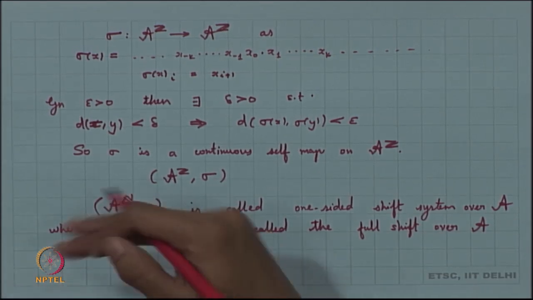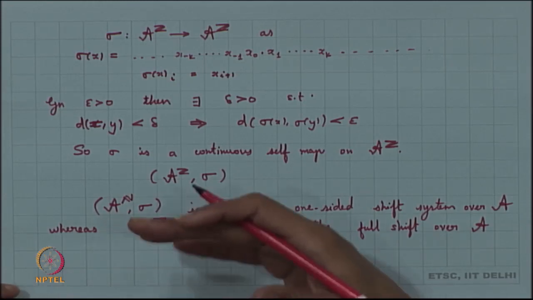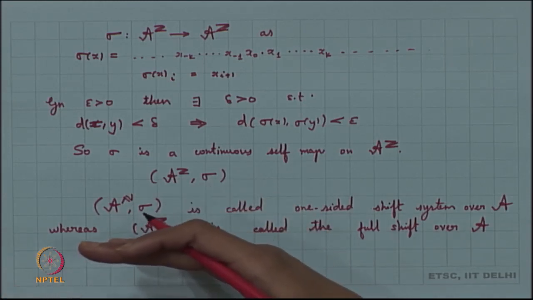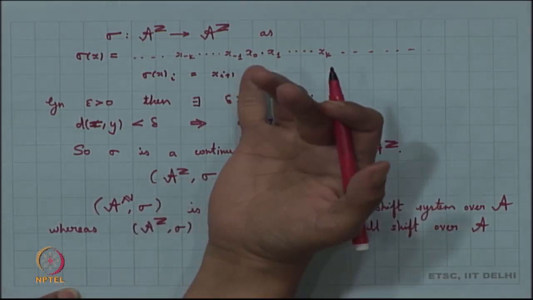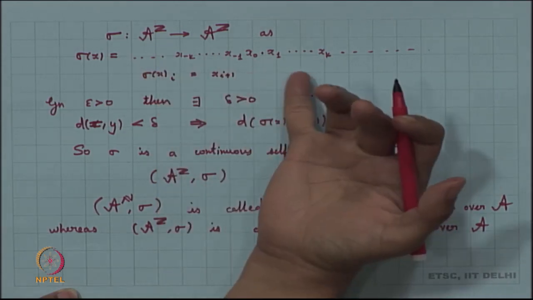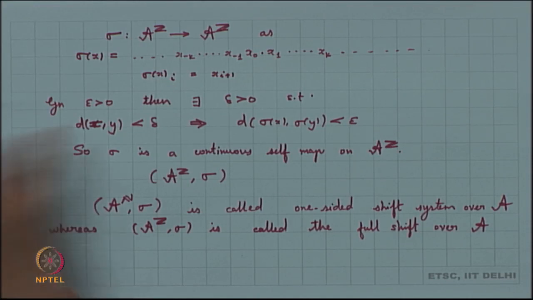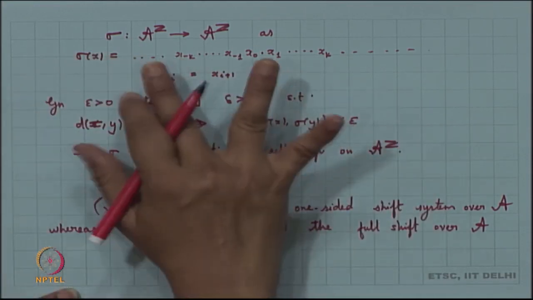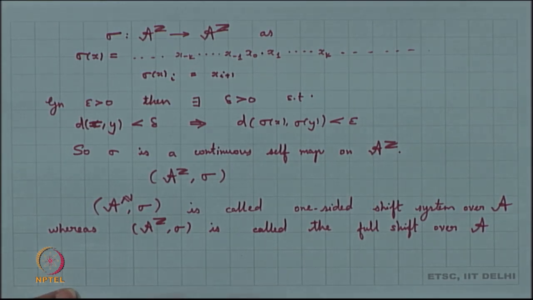The only difference that comes up between infinite sequence and bi-infinite sequence is that bi-infinite sequence is an indication that my shift map happens to be a homeomorphism, because then I can also think of taking the inverse of the shift map, and that also turns out to be a continuous mapping. So, this shift is a homeomorphism, whereas this shift is not, right. This shift is not a 1-1 mapping in general on one sided shifts.